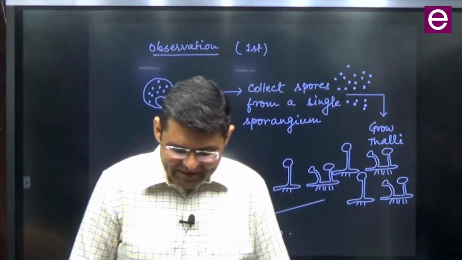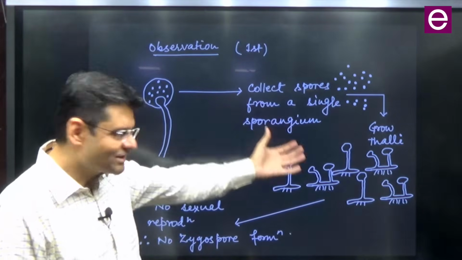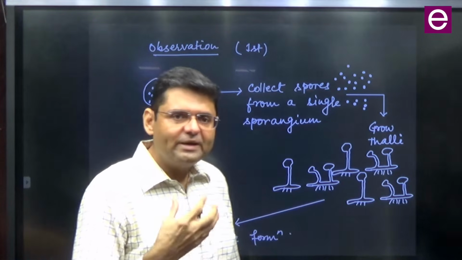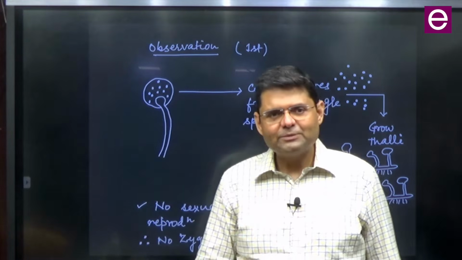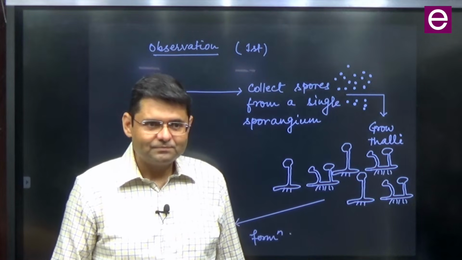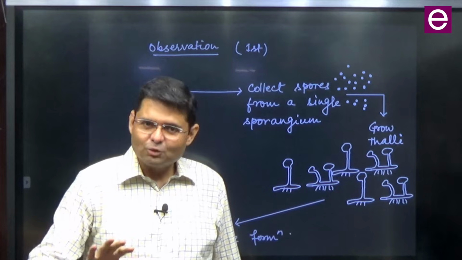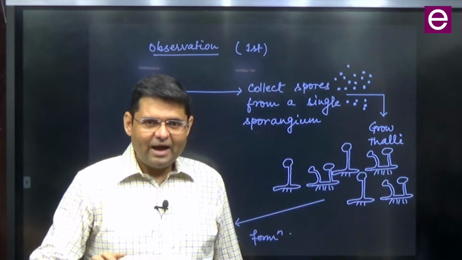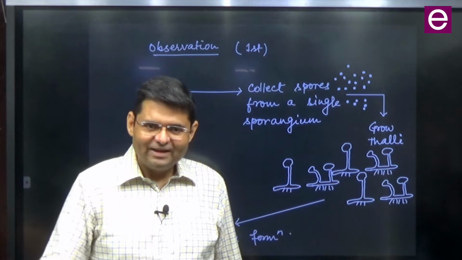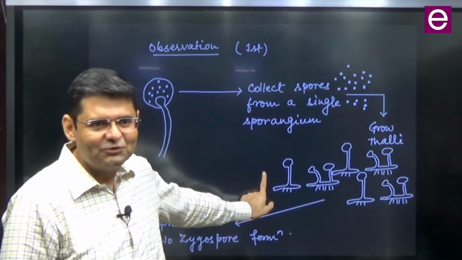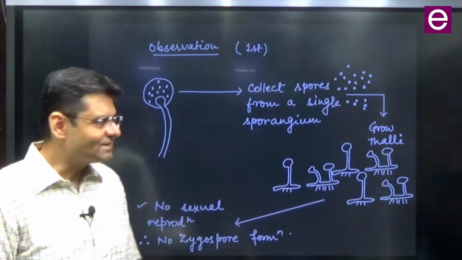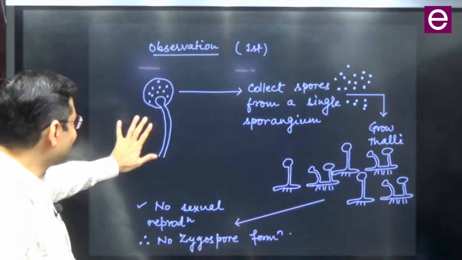so this was A.F. Blakeslee's observations. Okay, pay attention to this. This has not been asked, but one day if the examiner throws a question at you, define heterothallism and explain its operation. यहाँ तक तो बहुत अच्छा है. Add a note on its discovery. So if you do not know this, you will be stuck. So you have to know this, and it is very simple. So this is A.F. Blakeslee's first observation.